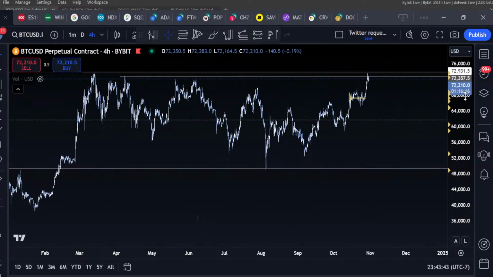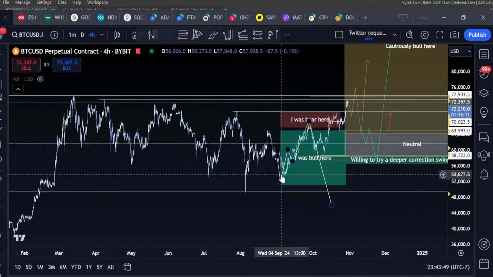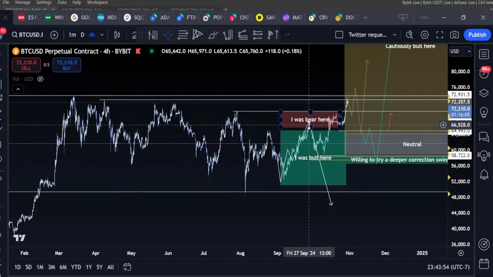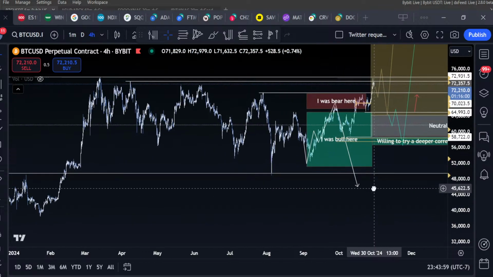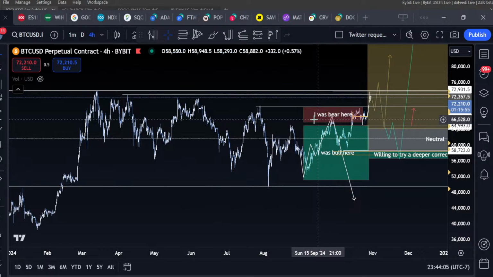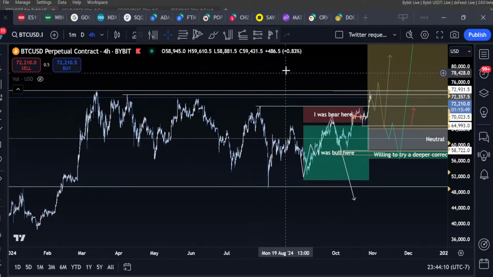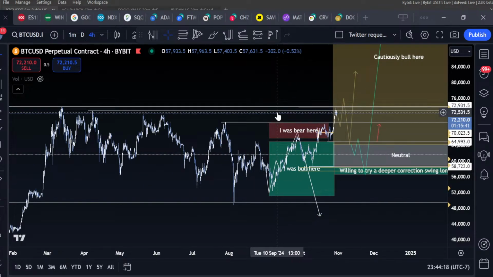I had a short here, and I shared this on Twitter. I had a thesis of putting in from here a bullish move up into this 67K region, looking like a higher low, a lower high, and I had some technical targets at 42K. For me, I was kind of bullish for this idea, bearish here, willing to short, but my invalidation was taking the $70,000 high. And so there's no reason for me to stay in my short if this is being taken, right?